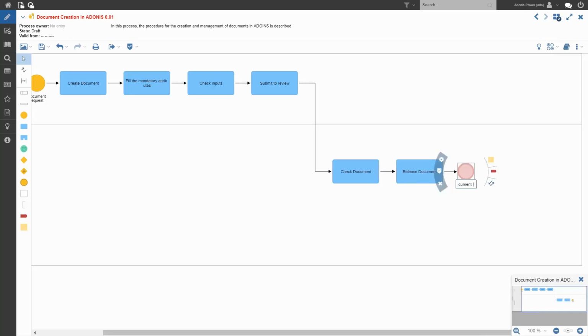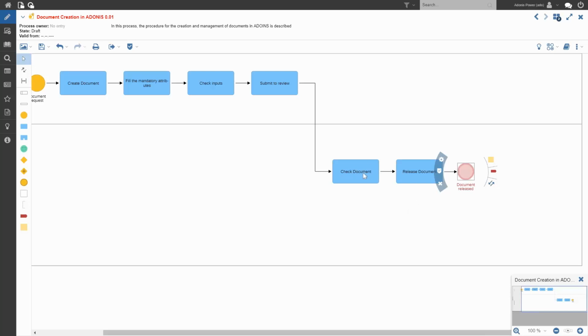So, okay, simple process complete with an end event, and now you can also see what's possible following an end event. So we're not able to create any more tasks obviously here, so the two options here are for a note and for a cross-reference that pop up in our modeling assistant.